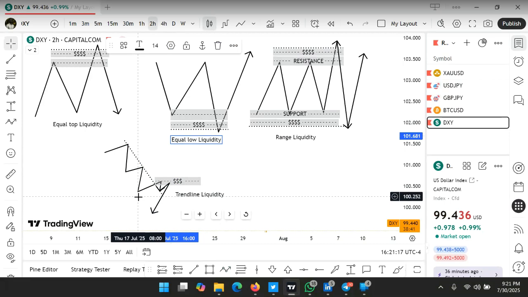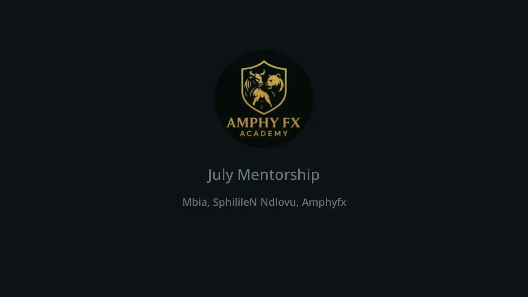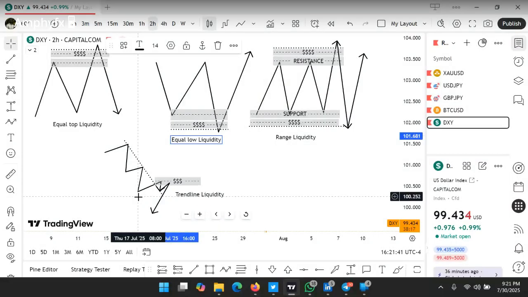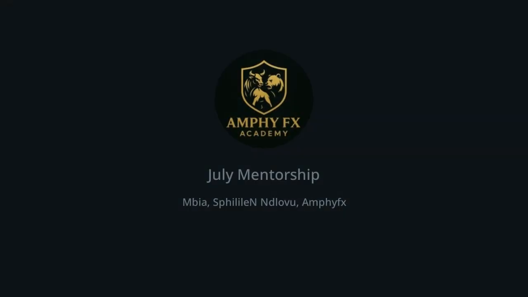Liquidity is meant to trap traders, luring them into placing their stop losses at key obvious levels, so that you know definitely liquidity has to be taken before the market will move. I'm telling you this now just to have it at the back of your mind, that you should always wait for a sweep of liquidity. I'll keep on talking about it in our subsequent classes. You will see it as a long wick or maybe a sharp movement and then a fall back towards the intended direction. That's the essence of a sweep of liquidity.